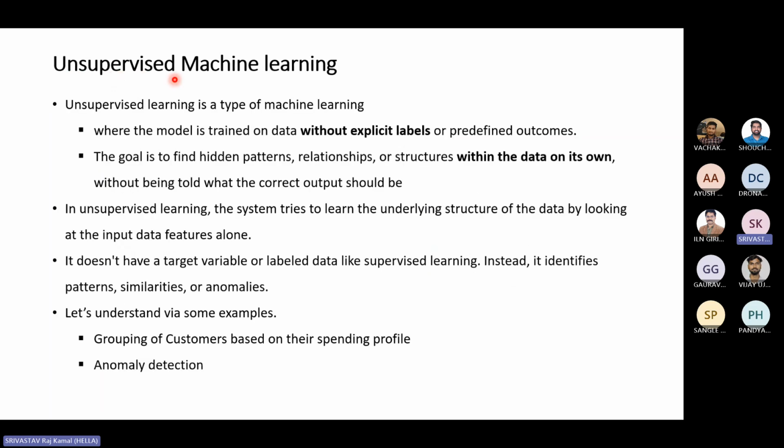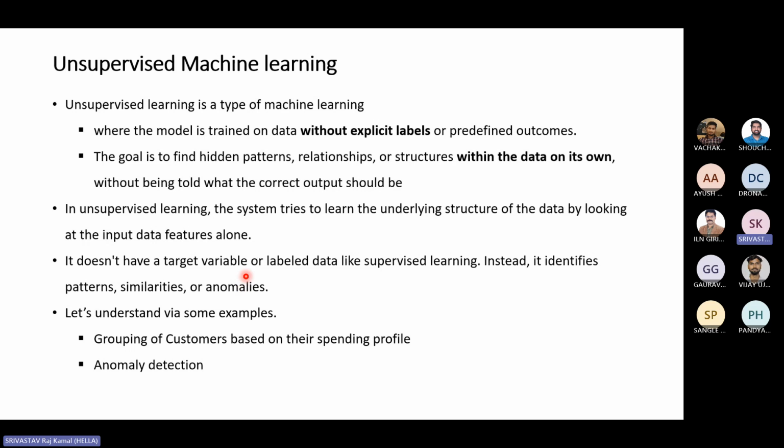Now coming to the case of unsupervised machine learning problems. See what happens if we have the data, but we do not know the labels, the outputs. We do not know that. So how are we going to solve these problems? Such kinds of problems are known as unsupervised learning, where you have the data but you do not know the ground truth. So these problems are known as unsupervised learning.